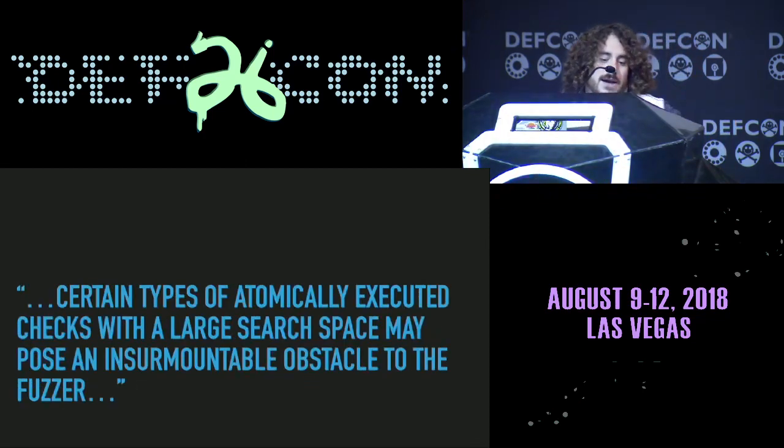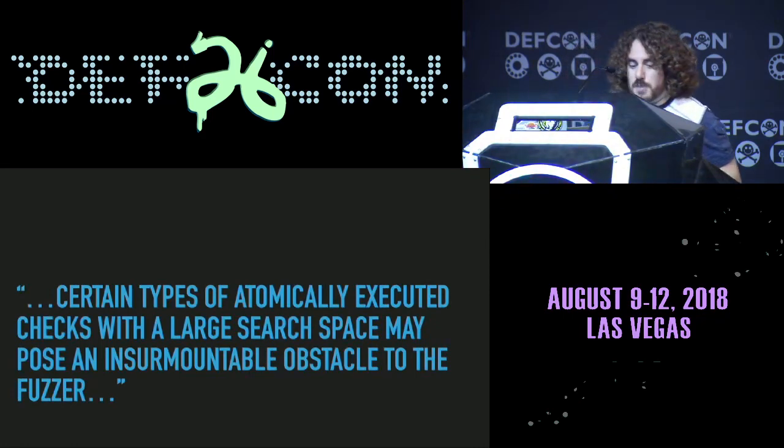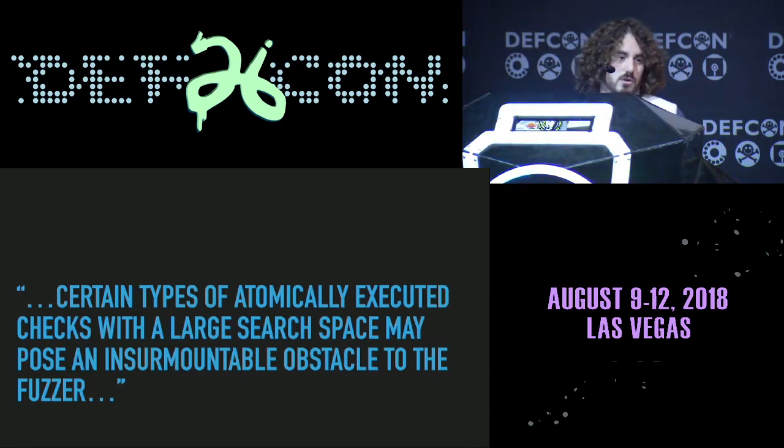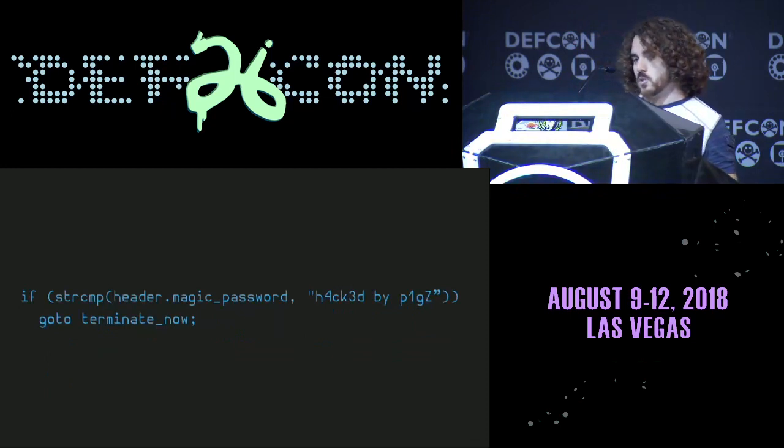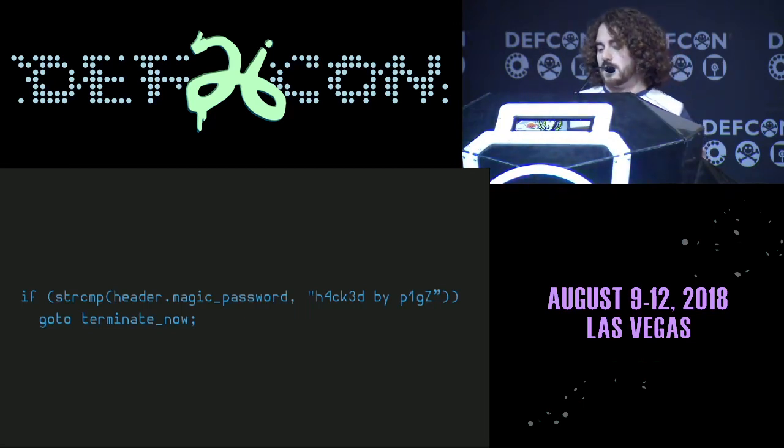Certain types of automatically executed checks with a large search space may pose an insurmountable obstacle to the fuzzer. And this is ultimately the real crux of the problem: if you have something like this in your application where you're comparing some section of a sentence for a very specific value, a tool like AFL is going to do a really poor job of figuring out what it takes to get past this check. Because it's using random mutation, it doesn't know what it needs to do to get to the string "hacked by pigs" here. So